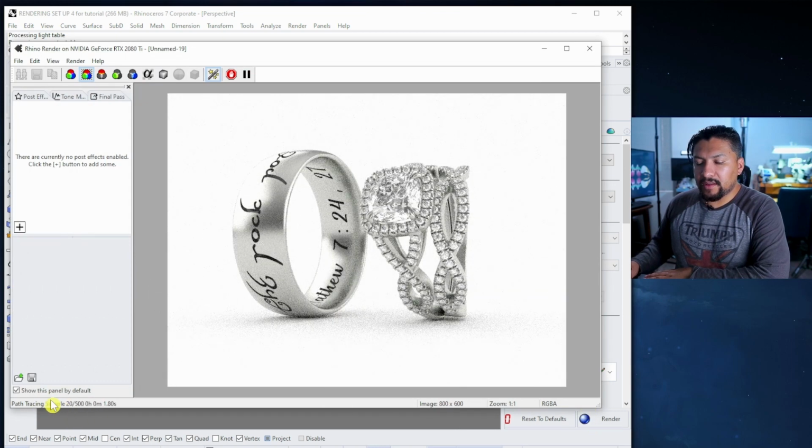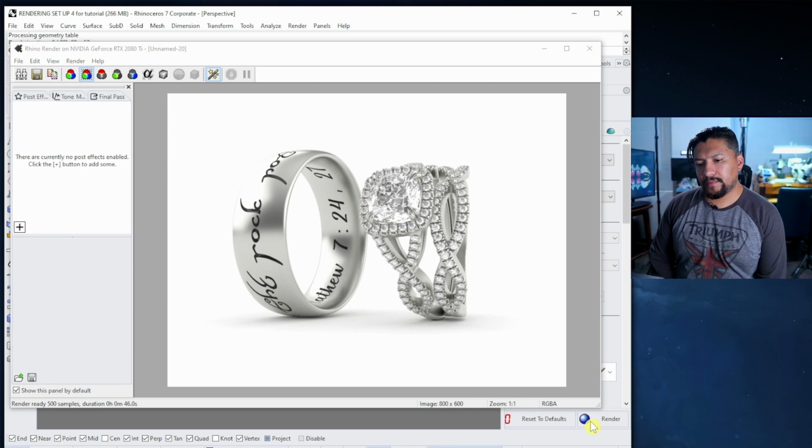Now you can see down here the passes it's doing. It's 500 passes. We're doing 50. So right now that's actually going pretty fast. I have a pretty good GPU on my computer and my CPU is pretty good. It's a 16 core 32 thread AMD processor, and my video card is an NVIDIA 2080 Ti. Boom, there it is. This could be your final render, but we're gonna push it a little bit more